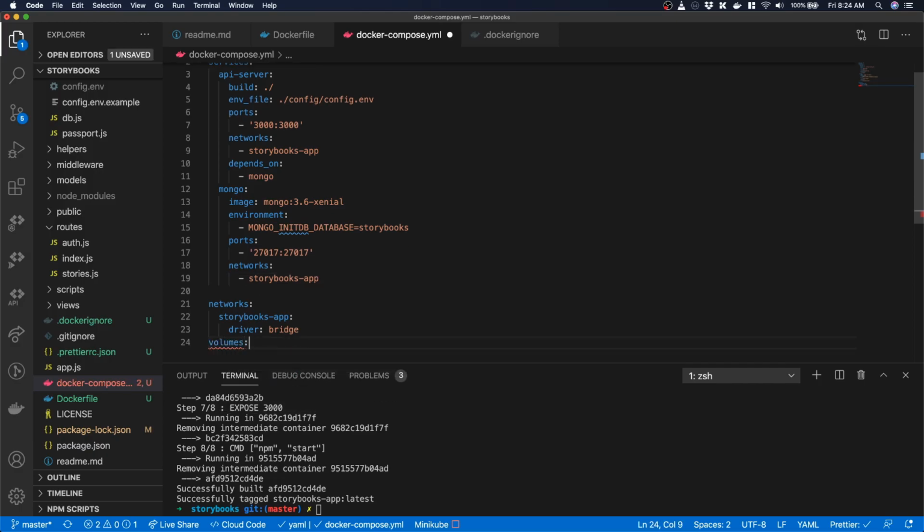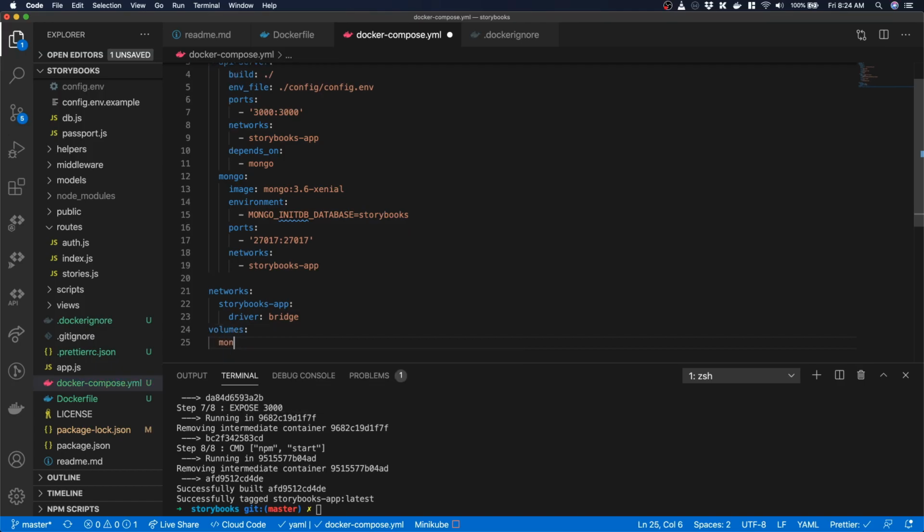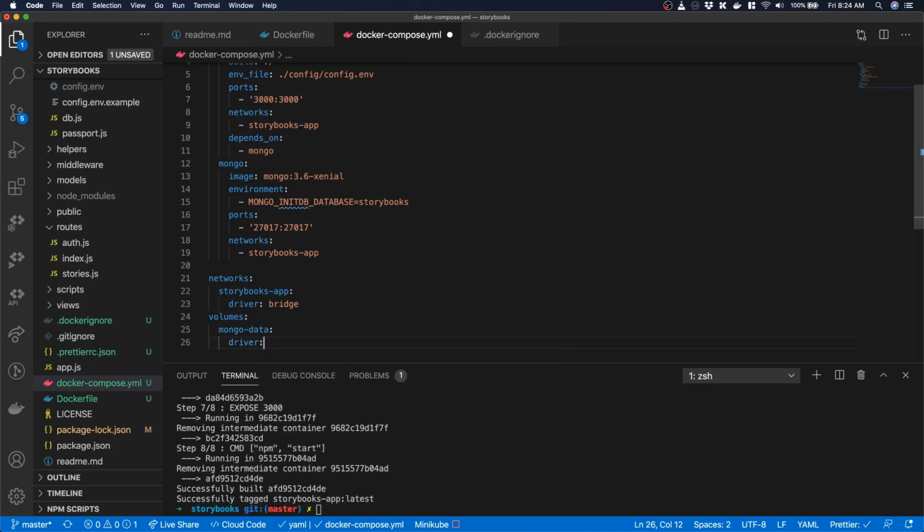Finally, I'll add a data volume where it's going to actually store its underlying data. This ensures that the data will persist across restarts, which wouldn't be true if we just stored it within the container itself. This volume then gets mounted into the container at /data/db, which is the default location for Mongo to